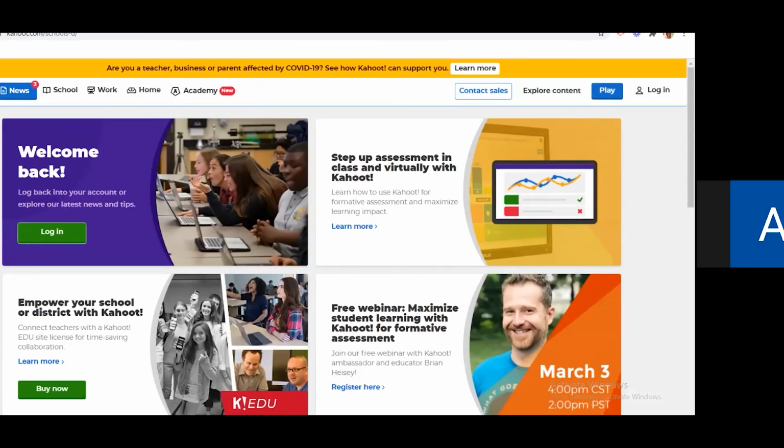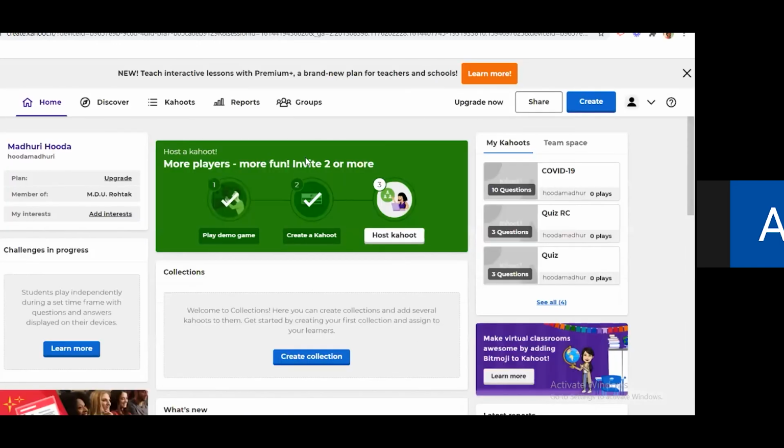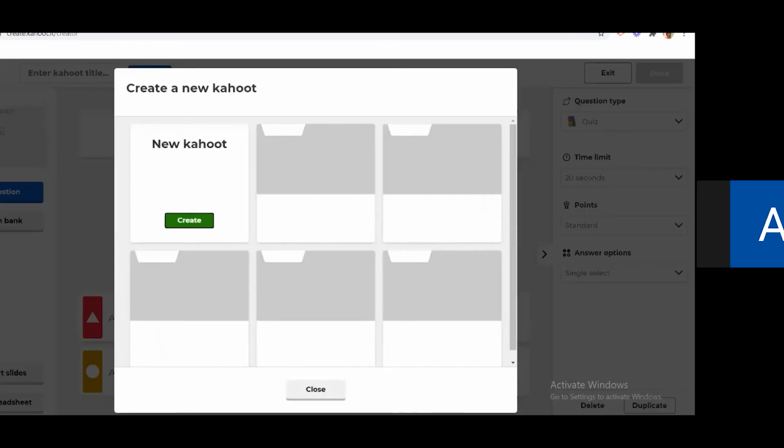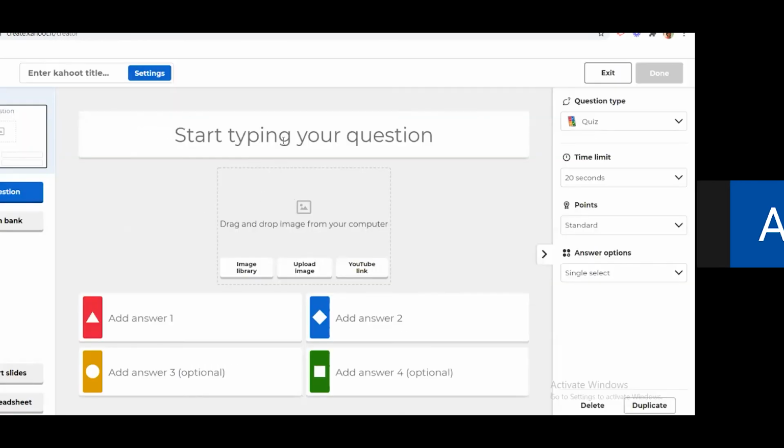This is kahoot.com. In the same way, like you are using quizzes, you can use Kahoot also. So this is the Kahoot page. See, here is the option of creating quizzes on Kahoot. You can click on create. Again, you are to click on create.